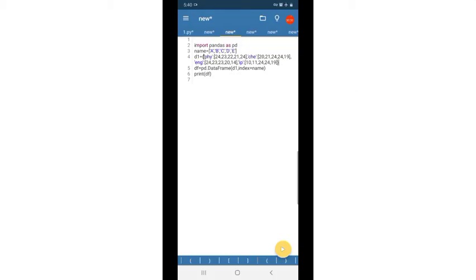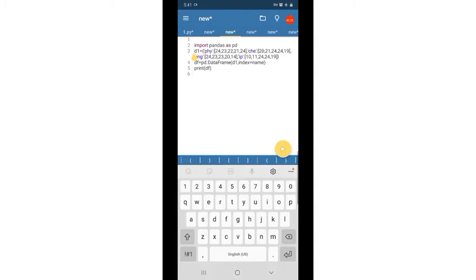Children, in this program we have to create a data frame with roll number, name, age and marks. So we have a program in that I am going to edit. Already I have a program with marks.